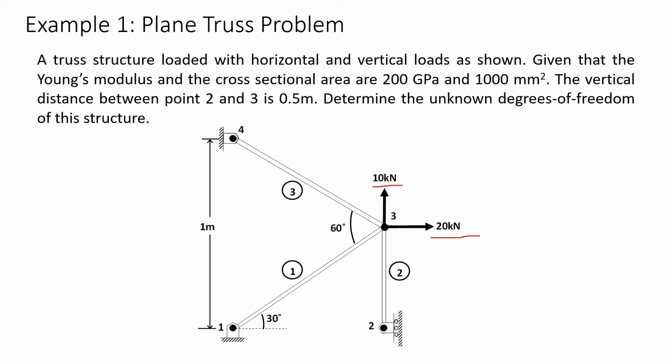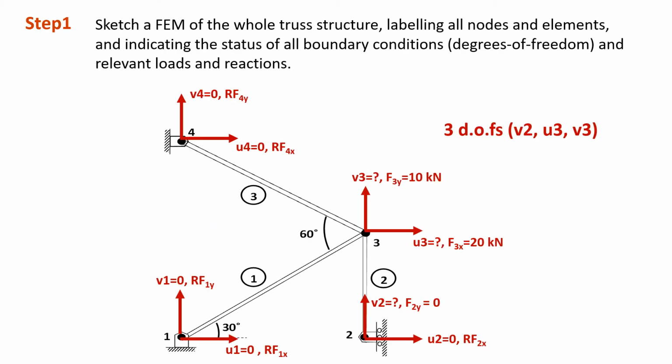It also has been pin supported at node 4 and node 1, and it has a pin roller support at node 2, where it's allowed to move in y direction, either upward or downward. The first step that we have to do is to sketch a finite element model of